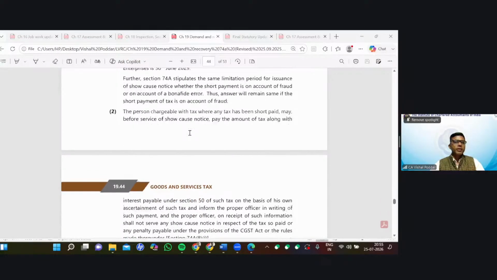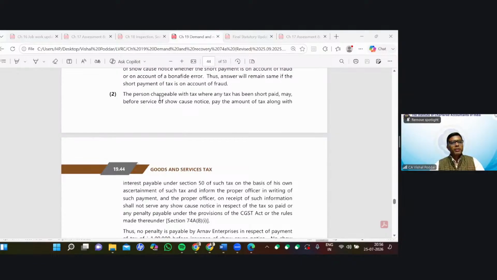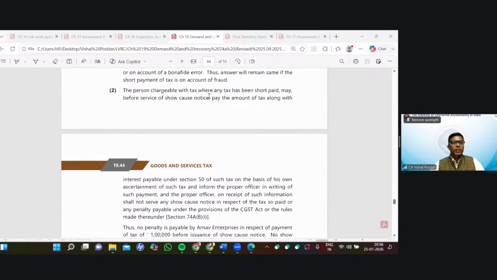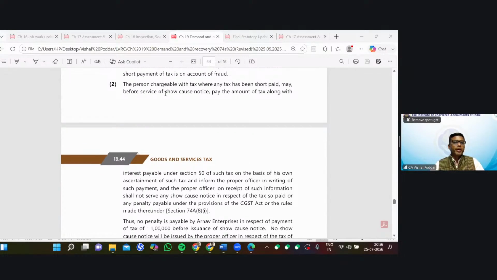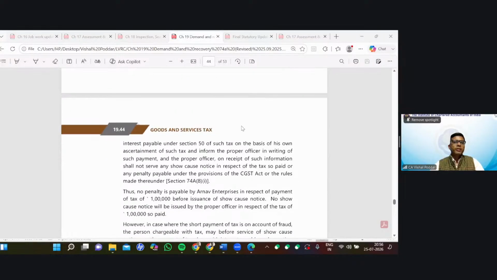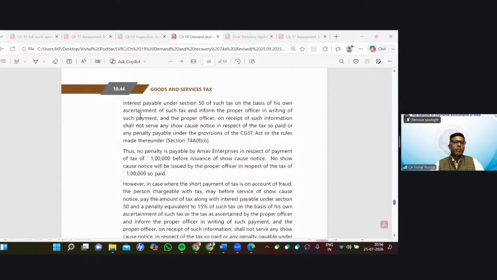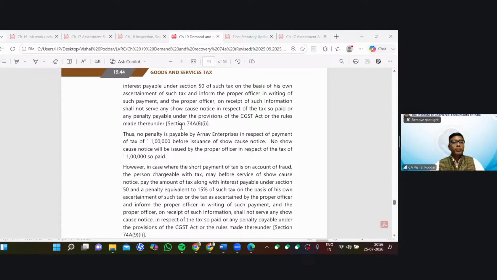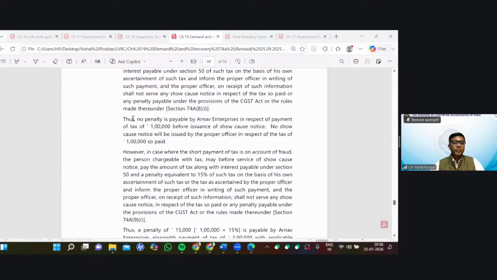Hence, the answer will remain the same. Second part, the person chargeable with tax, wherein tax has not been paid or short paid, and the person is paying the tax along with interest on the basis of his own ascertainment, the proper officer in such cases has to reduce the penalty. Now the question is, if you have made payment on your own ascertainment before issuance of show